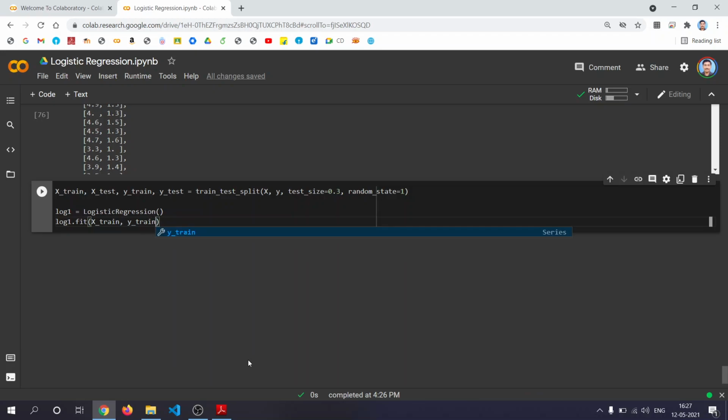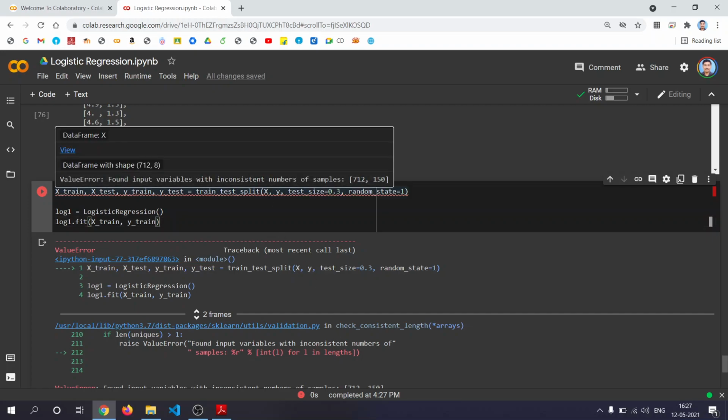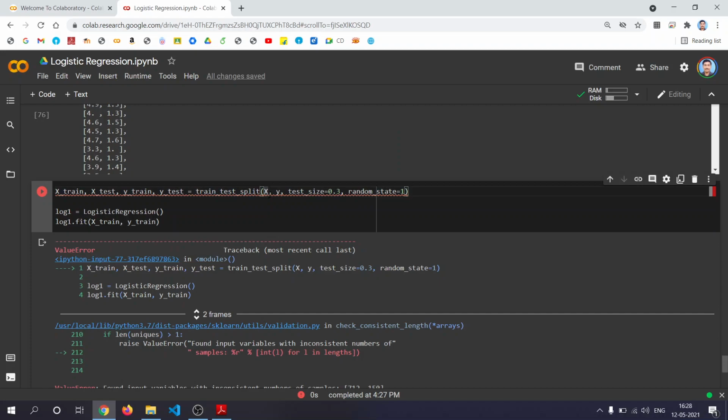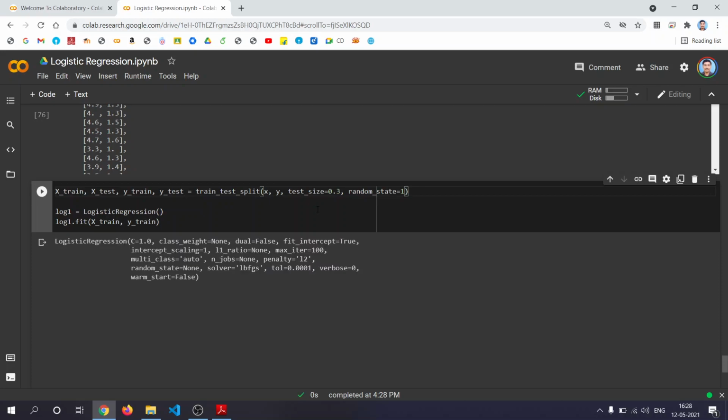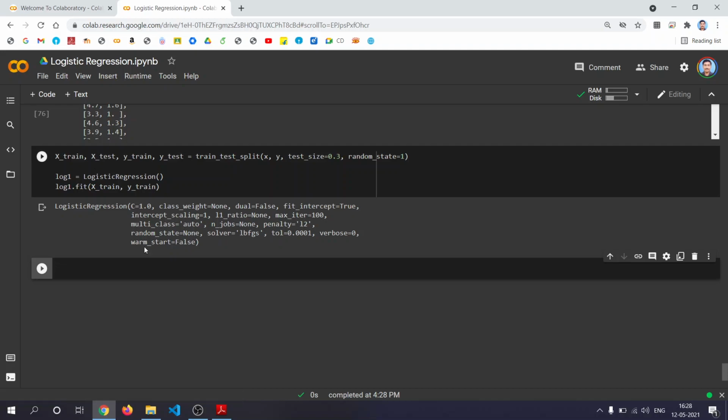You fit the data. Here you have to use small x. So your logistic regression is created and the data is fit.